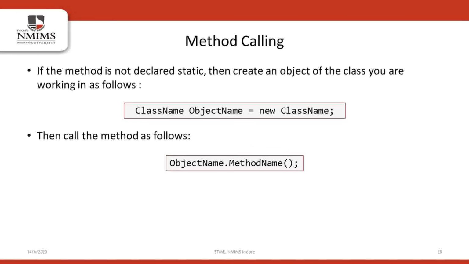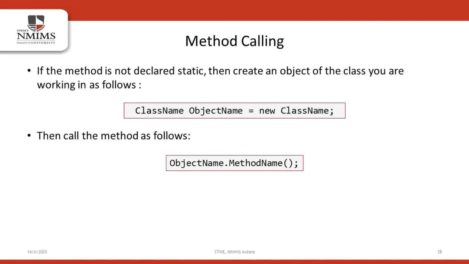Now once you've created an object, you'll use the dot operator to call the function, the syntax for which is given below. First you will have to write the object name followed by the dot operator, then followed by the method you want to call, followed by parentheses, and then end with the semicolon. Now some of you might have noticed that we have been doing this exact same thing a couple of times in this session without even knowing about it.